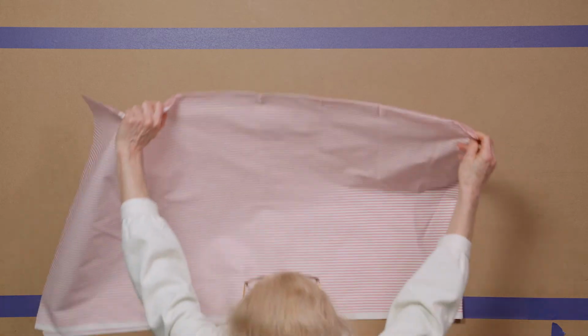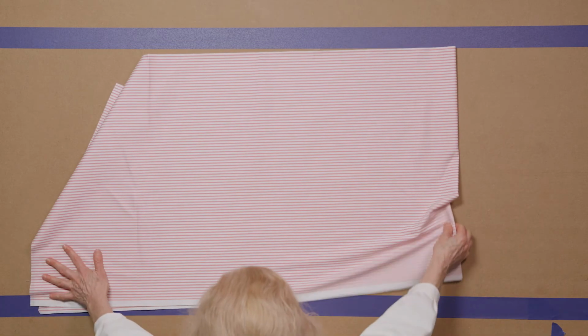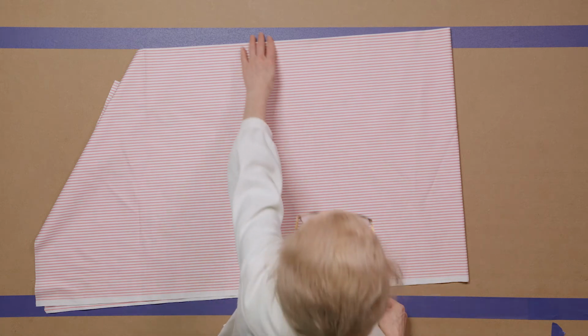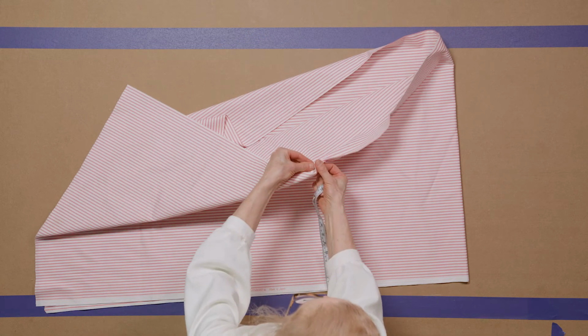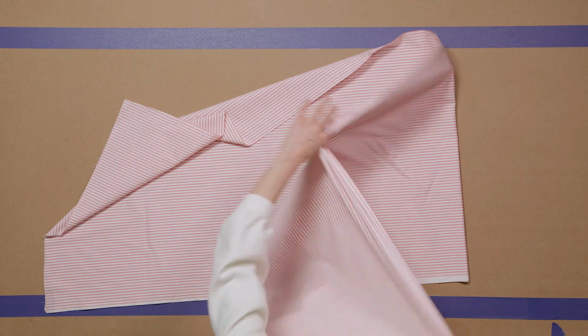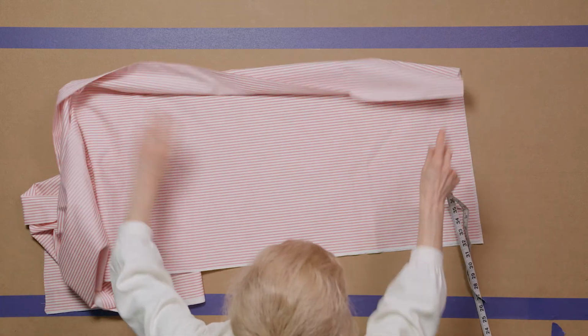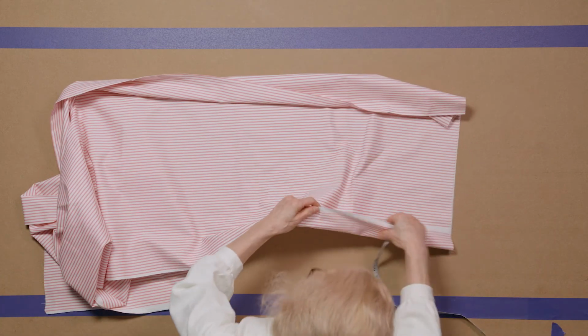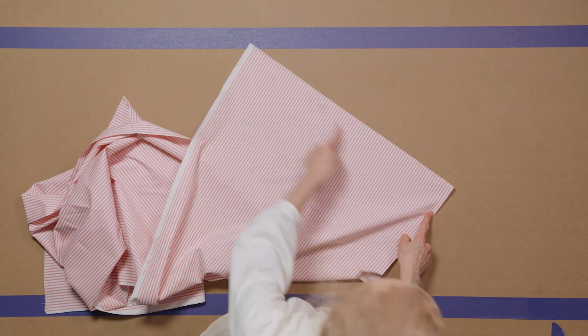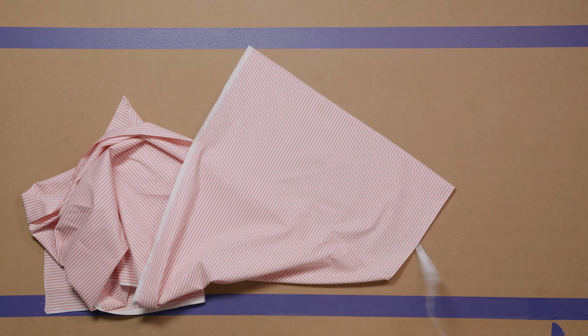So this is a short segment on how to estimate yardage once you have your pattern made. Let's take, for example, this piece of beautiful Japanese cotton. If it's folded, there's a folded edge here. And as you can see, it has a selvage, a wider selvage on one side. So if I consider the usable part, not the selvage,